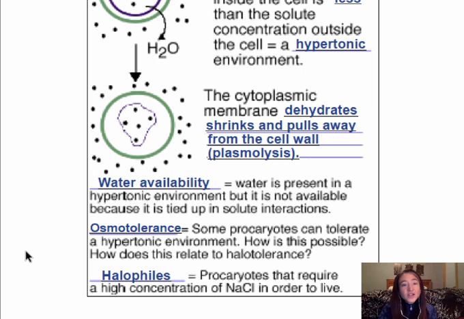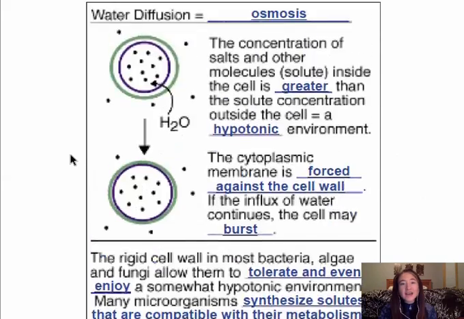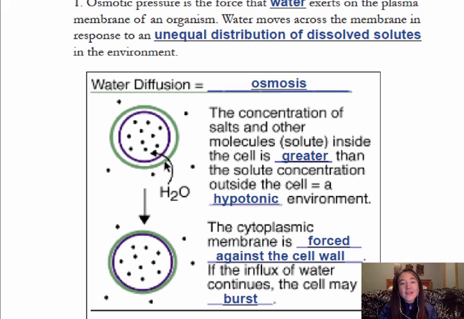So let's look at the opposite, which bacteria actually quite enjoy, a hypotonic environment. An environment that has lower solute concentrations is called hypotonic. So let's take a look at that environment. In that environment, of course, water rushes in. Now that would burst a cell if the cell didn't have a cell wall. But remember that most bacteria enjoy the benefits of the cell wall and the rigid peptidoglycan found in that cell wall. So the hypotonic environment just causes the membrane to push up against the cell wall